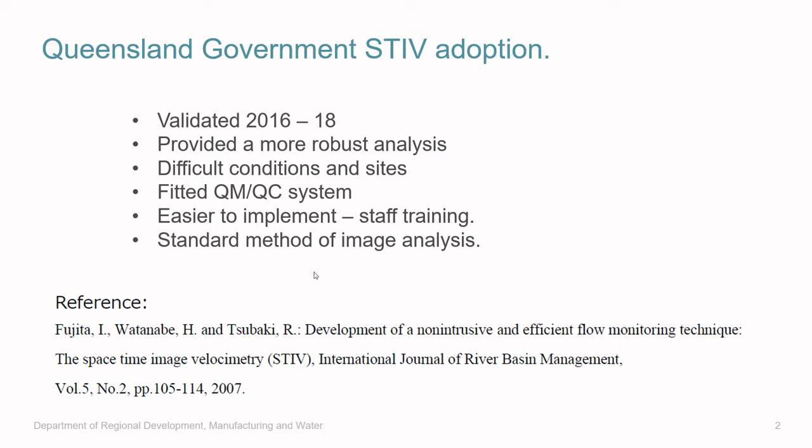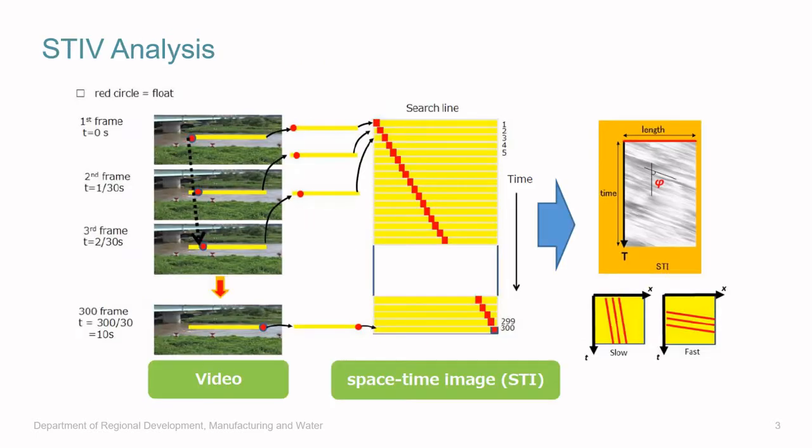It's becoming a little bit more popular now, but as I mentioned, the STIV analysis doesn't use a cross-correlation, so it uses a gradient tensor method. You set a number of search lines in the direction of flow. The analysis looks to track the changes in color intensity as tracer particles and wave structure move along the analysis search line,